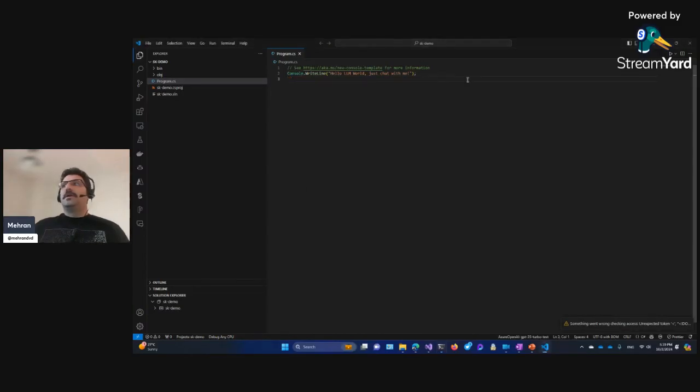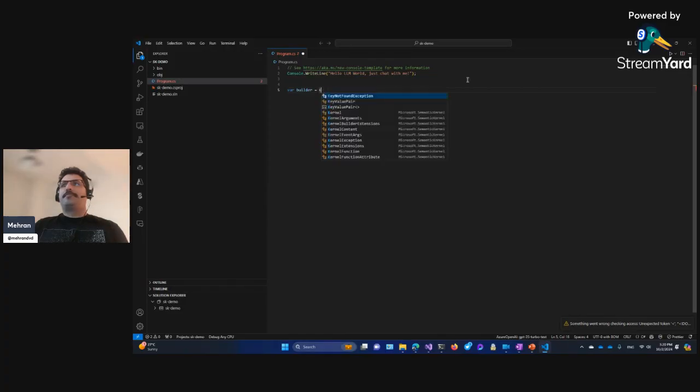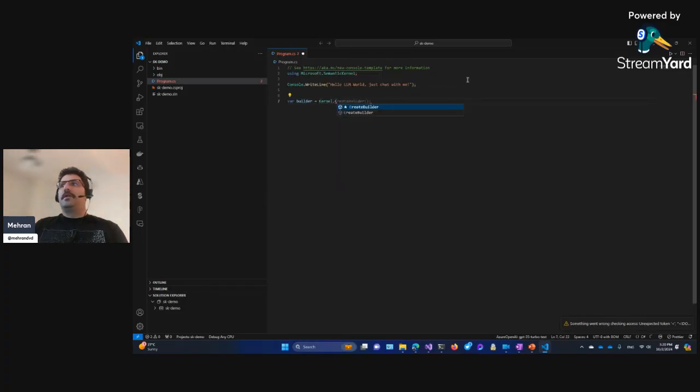To use it, I need a builder. So I'm going to create a builder here: builder equals Kernel.CreateBuilder. Okay, this is the kernel builder for Semantic Kernel. And after that, I want to create my kernel, so I will have my kernel here, builder.Build. Okay, so this is how my kernel would be created, but